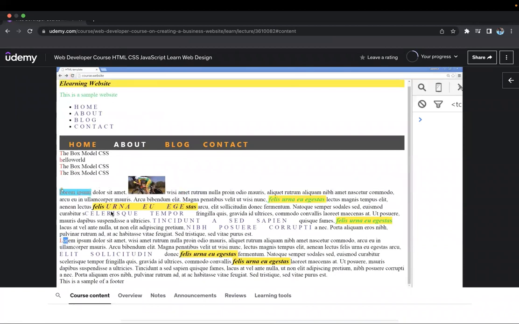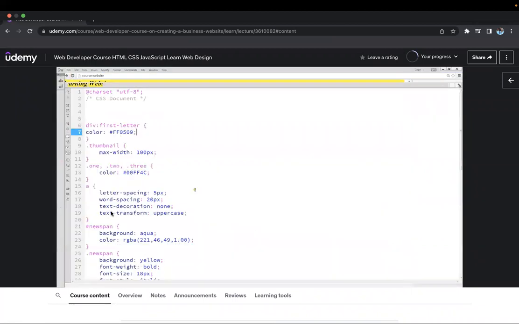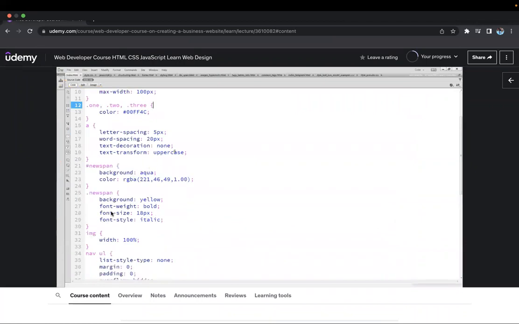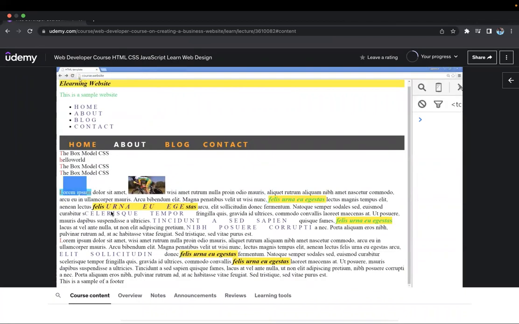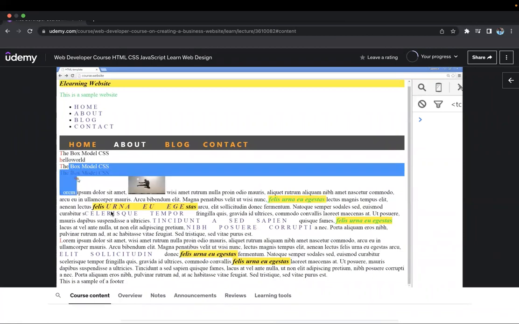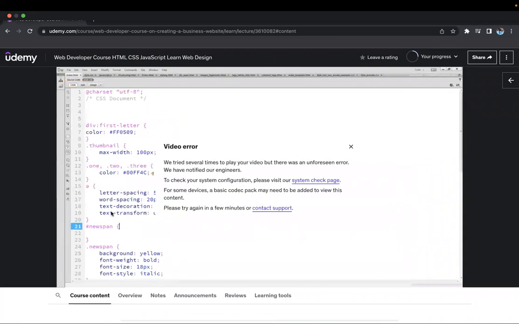If you see here, there's a second div, this one, and maybe we're just going to remove that coloring that we had there before. And just refresh that so it does highlight a little bit more. So we can see that in fact the first letter is always going to be red in the divs. And again, this comes down to making it specific and being able to really isolate